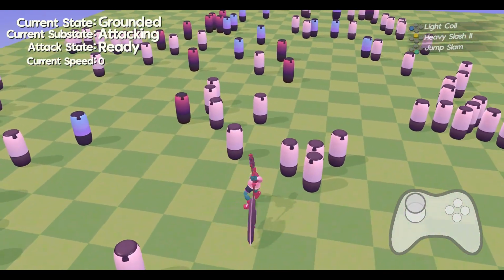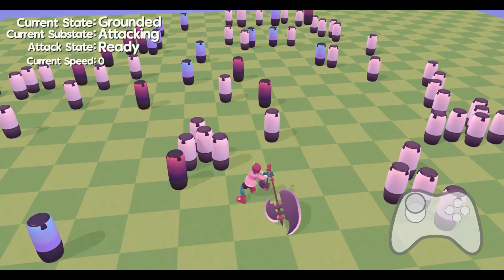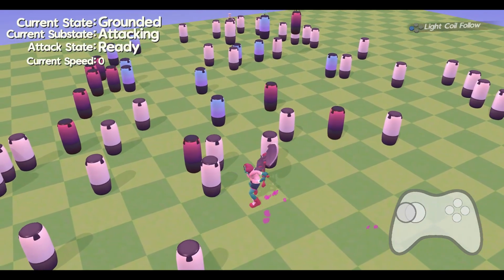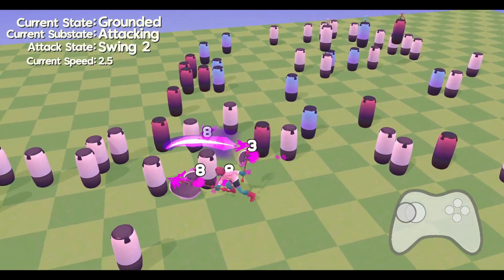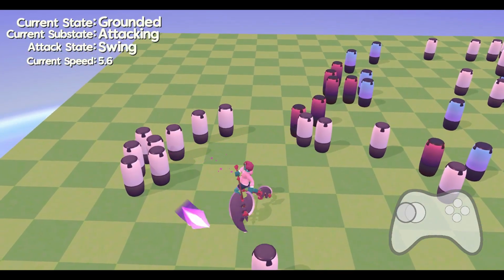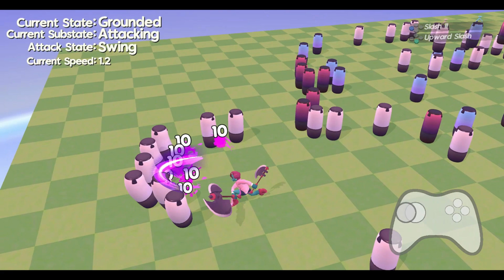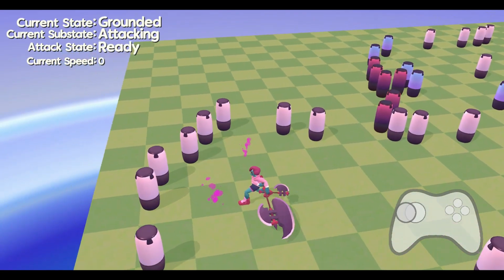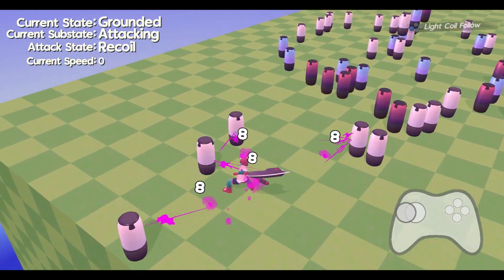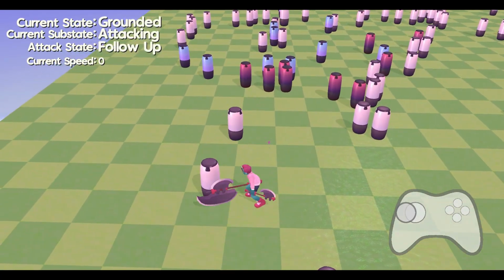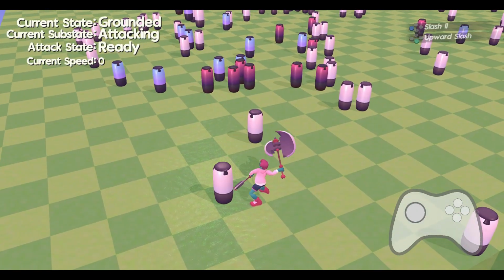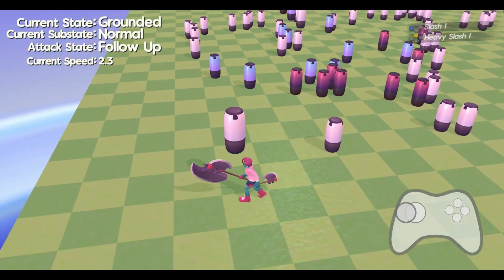The spike state is if the enemy is hit in the air with a downward force. This is launching them straight back to the ground. This is the opposite of the launcher state, so we're just having a negative Y value being set to their movements. And the stun or the slam state or the lock state, where they're stuck in one position, is just keeping them in one position, with the sticky value being how long they're kept in that position. So this isn't any force being acted, but it is the regular movement force being taken away from how much they can actually move. Finally, I have the updated weapon trails.